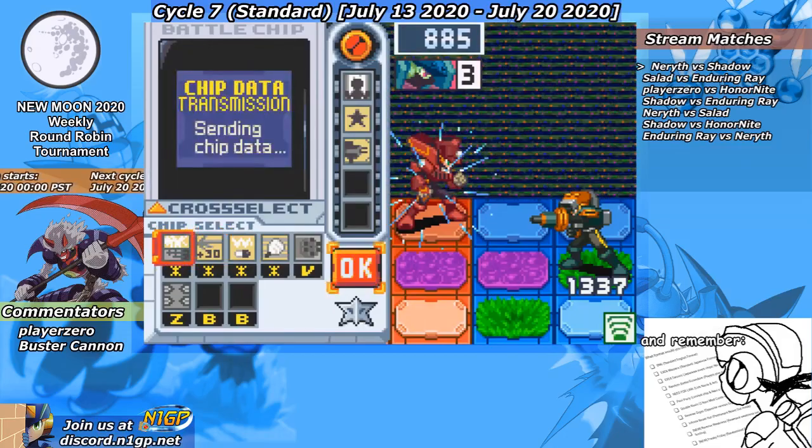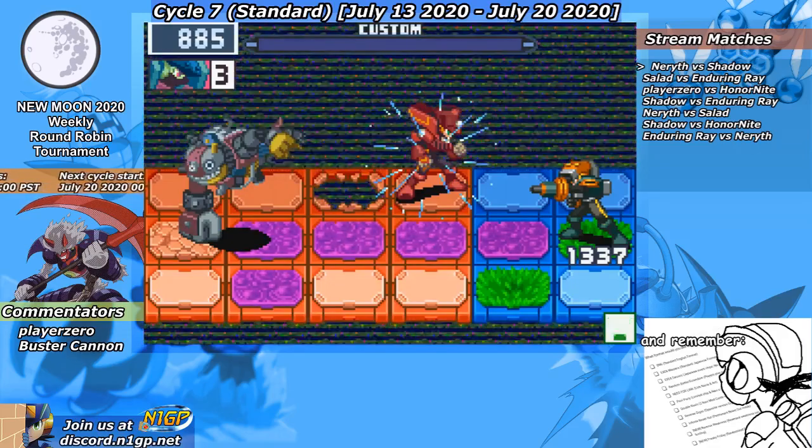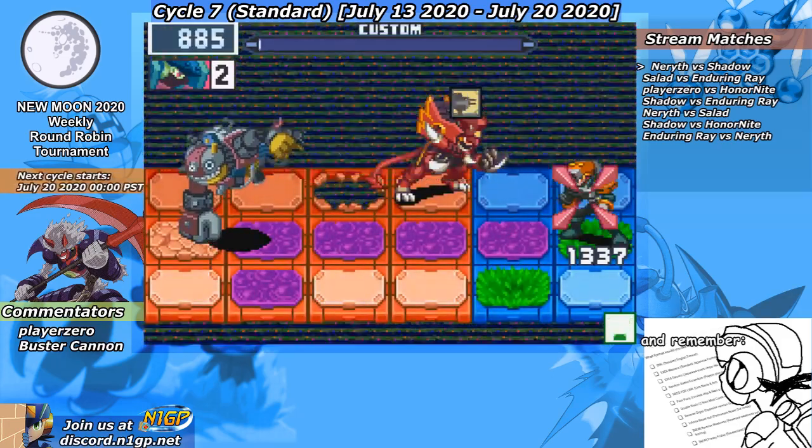Shadow points out the 1337. Yeah, the HP. Looks like Neryth is going into Beast Out, which is an interesting choice. That will deny him his charge shot options. And he doesn't have Colonel Force, so...